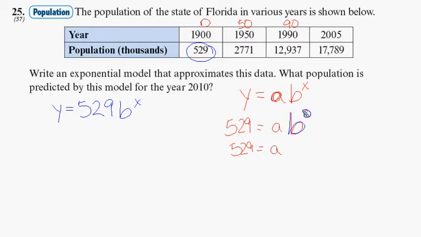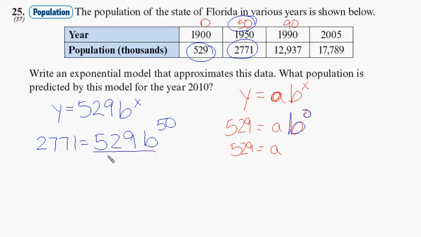But now we have to find the value of B, and we can use this 50, 2771 as our XY pair that will let us solve for B. So we know that this is 2771, we know this is still 529, we don't know the value of B, but we know that it was after 50 years had passed, okay? Now we can start solving for B. Divide both sides by 529. When we divide both sides by 529, we get approximately 5.24 equals B to the 50th,